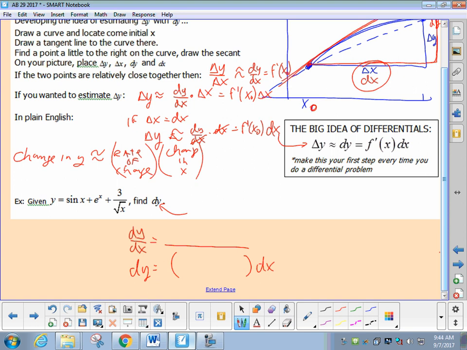So take the derivative, and let's do a quick check to see how you're doing on your derivative technique. Those of you who are athletes or musicians appreciate the importance of technique. What is the derivative of sine? Cosine of x. What is the derivative of e to the x? e to the x. And then the hardest one of the bunch is the derivative of 3.